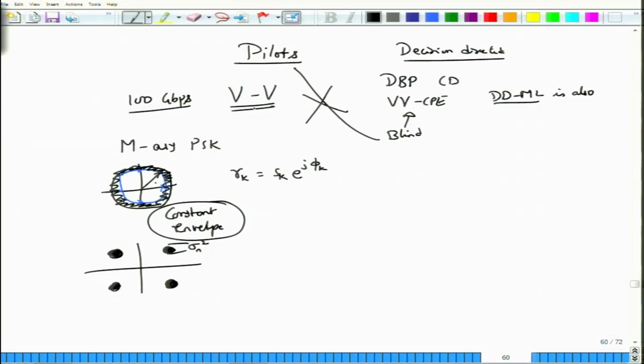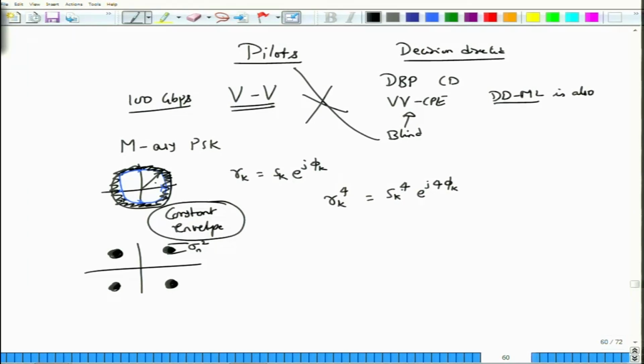The technique is very simple. Assume initially that there is no noise. Now what I do is I take this Rk and raise it to the power 4, right. In general I will raise this to the power m, but for now for QPSK I will raise it to the power 4. Once I have raised this Rk to the power of 4, on the right hand side I have raised e power j phi k to the power 4, which is basically 4 phi k.